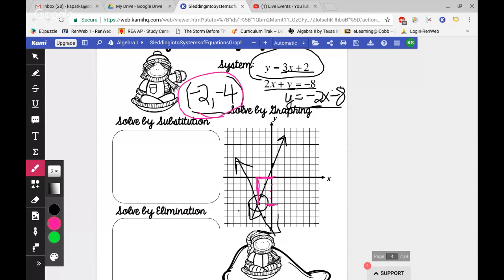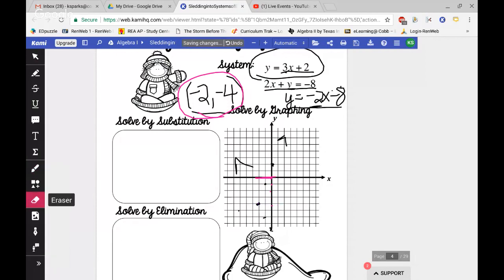Okay. Sometimes it can be a little difficult when you get a lot of mess on there like that. So the best thing to do is maybe just take your time and start from the origin and get the best line to be able to guess it. Or maybe even do them in different colors, kind of like I did here to help. All right. So for elimination,